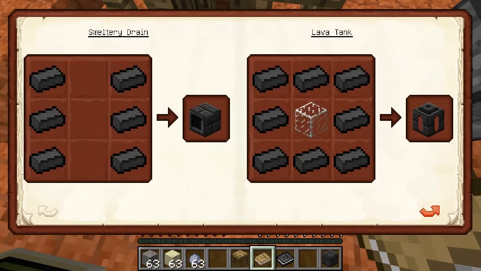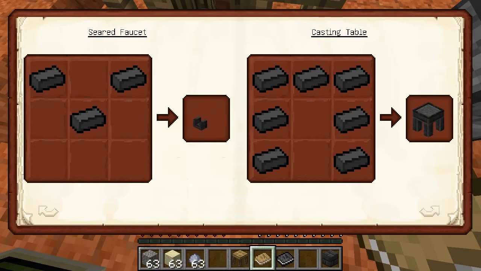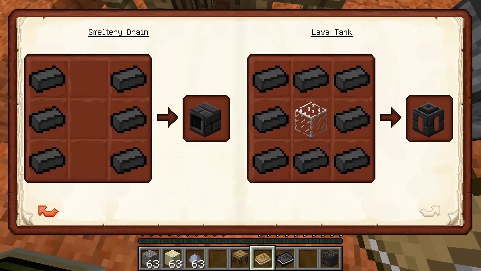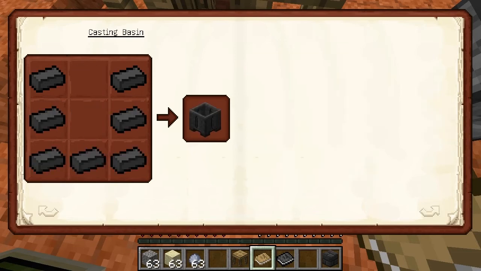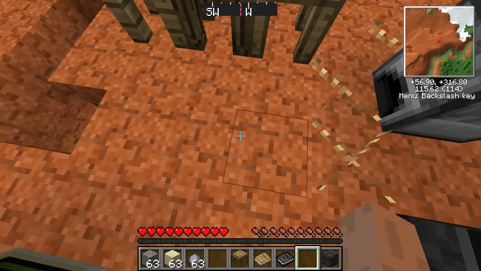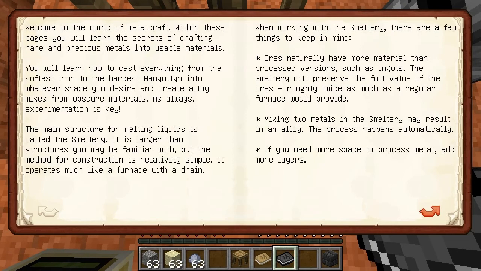So that's that done, yeah. Smeltery drain and a lava tank. And then we've got... Interesting. Because the thing about this mod is actually there's a multi-block structure. There's quite a lot to it now. But this isn't what I wanted to look at. What I wanted to look at, the reason you get this is because we're actually going to see how to...